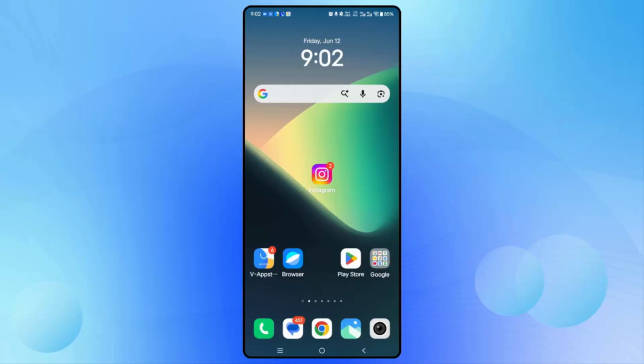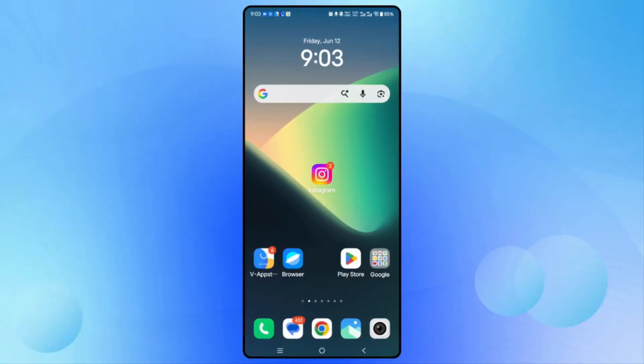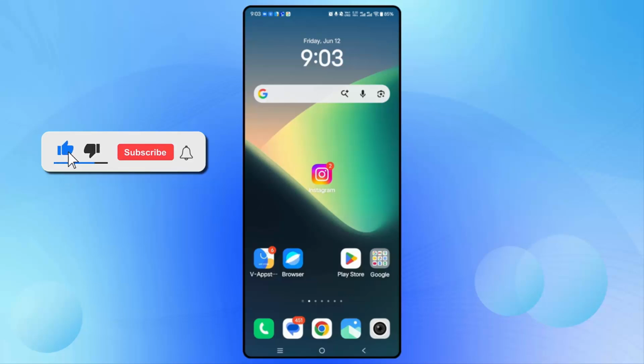In this video tutorial, I will show you how to fix "Something went wrong" with Instagram. Instagram closed because this app has a bug, or it's saying try updating this app after its developer provides a fix for this error. So basically this kind of error is faced by lots of users. So if you are in the same situation and looking for fixes, don't worry, just follow the methods discussed in